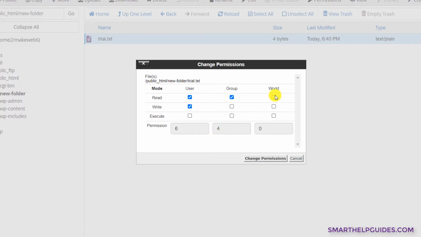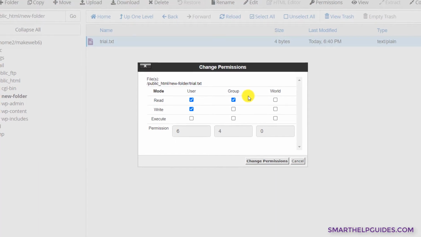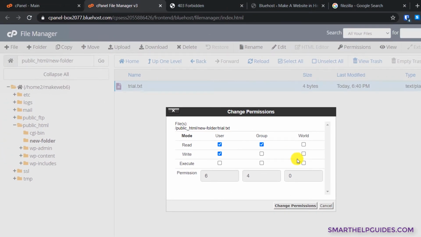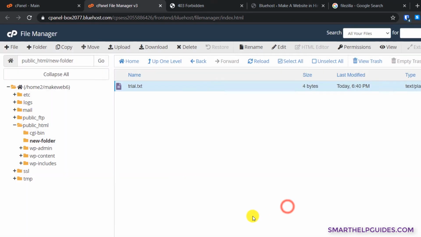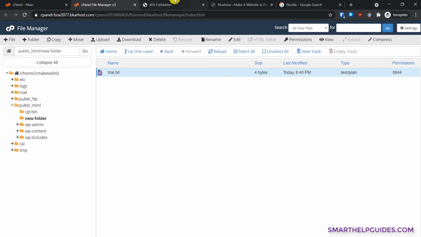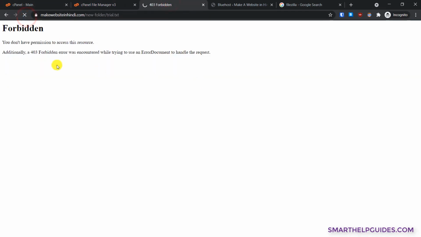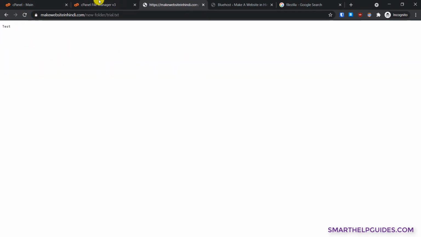If you want the world to be able to access it, that basically means you should be able to access it via any browser. Anyone should be able to do it without any authentication. Take this option and then click on change permissions. You will see the permission has been changed. Now if you refresh it, we can again access this file.